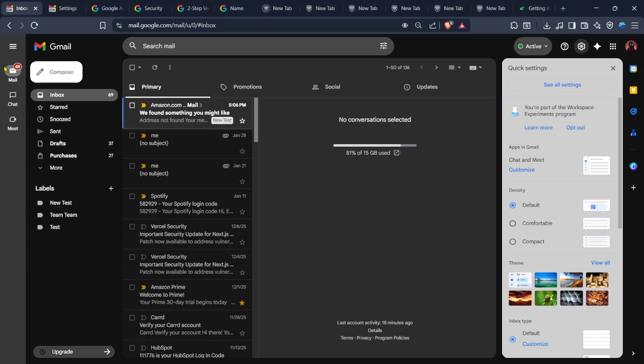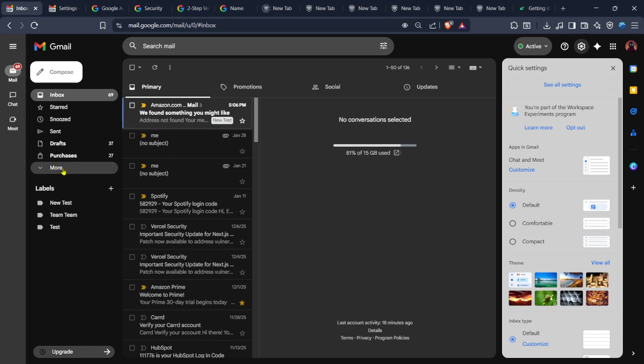Now from here, I want to make sure I'm in the mail section so I can access all the folders and messages. So I'm going to click on mail. Once that opens, I can see the familiar list of email folders over on the left hand side of the screen. At this point, I'm going to look down the sidebar because some folders are hidden until you expand the